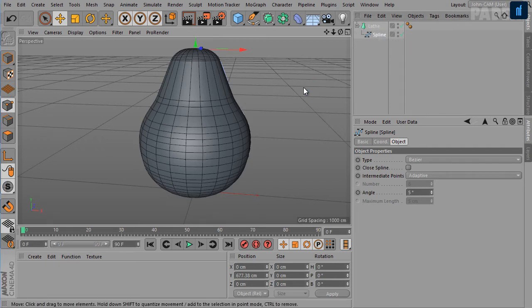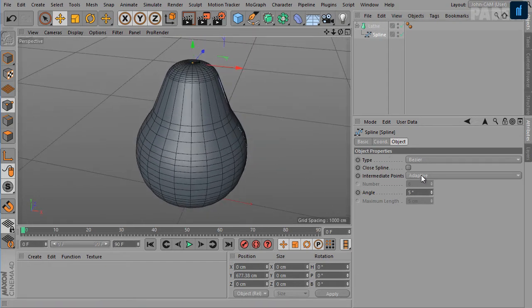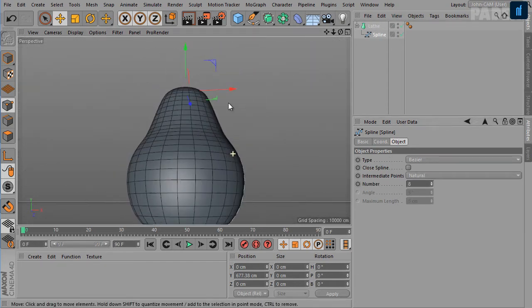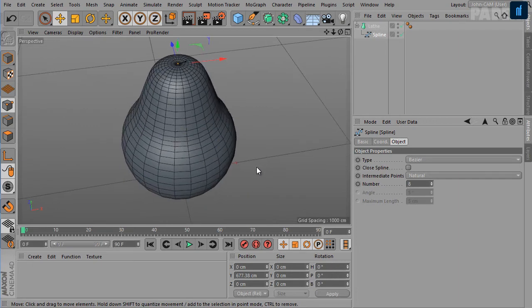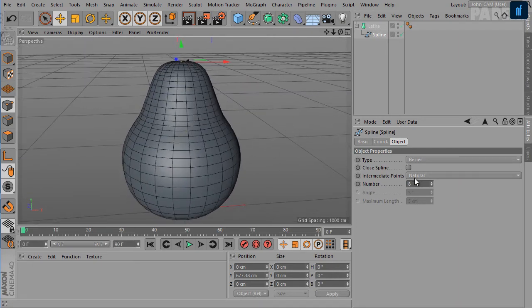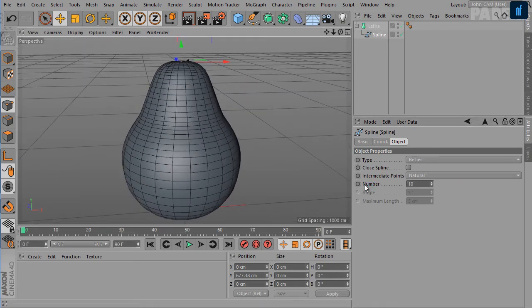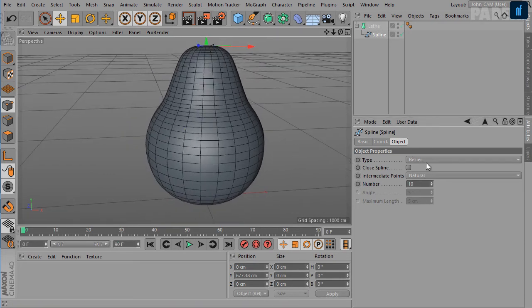Select the spline object here in the object manager, and then set intermediate points to natural. So we will have an equal distribution of subdivisions here, and then set number to 10. The option here in the intermediate drop down defines how the spline is further subdivided with the intermediate points, and this setting only affects the spline when it is used with generator objects.